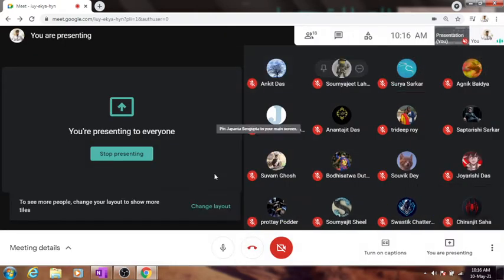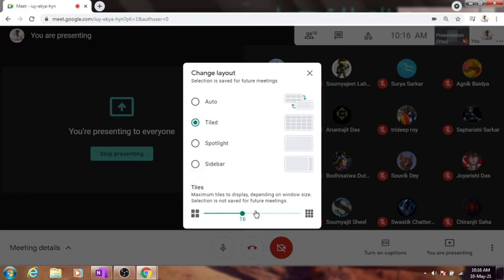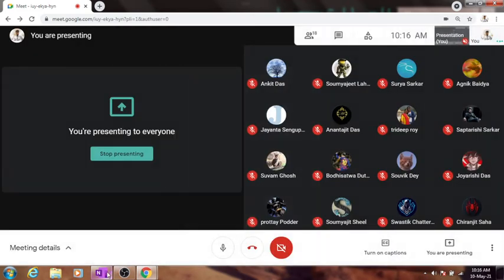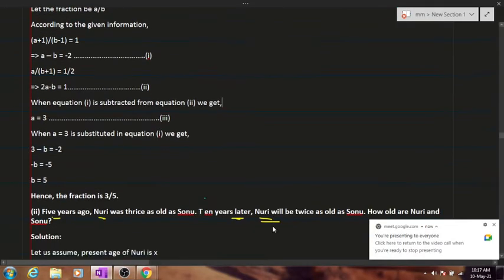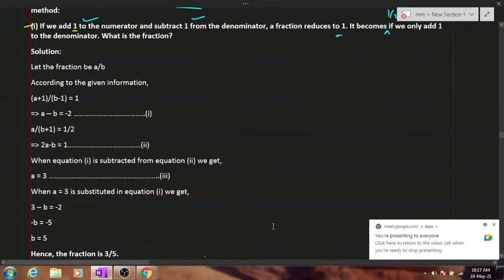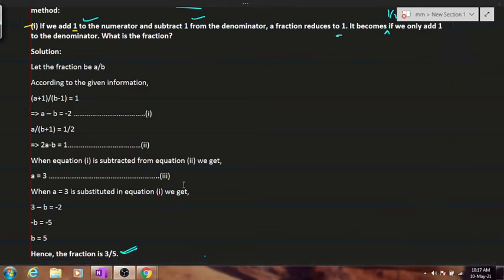5 by 7. What is the fraction? This is how your solution looks like. Your answer is 3 by 5. The fraction looks like 3 by 5. The numerator is 3 and the denominator is 5. I hope people have got this answer, students who have done it at home. And students who are not able to do it, kindly take a screenshot of this, or if you want to copy it down slowly, you can. But I'll have to move on to the next one.